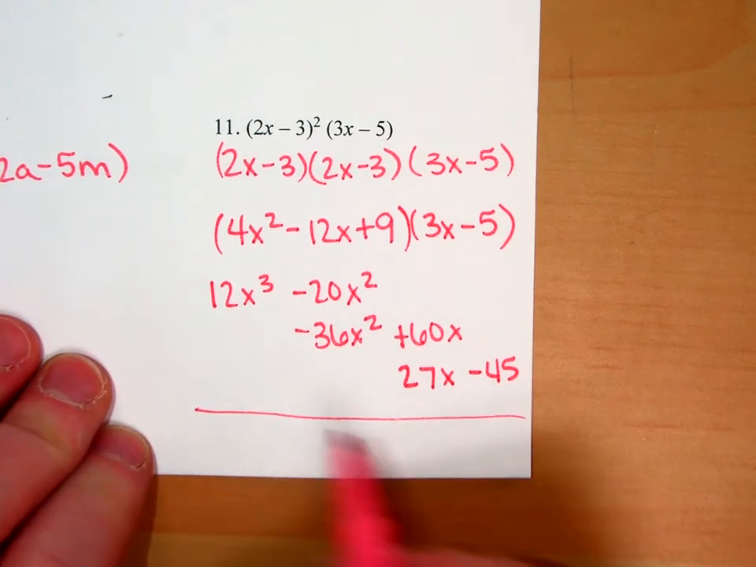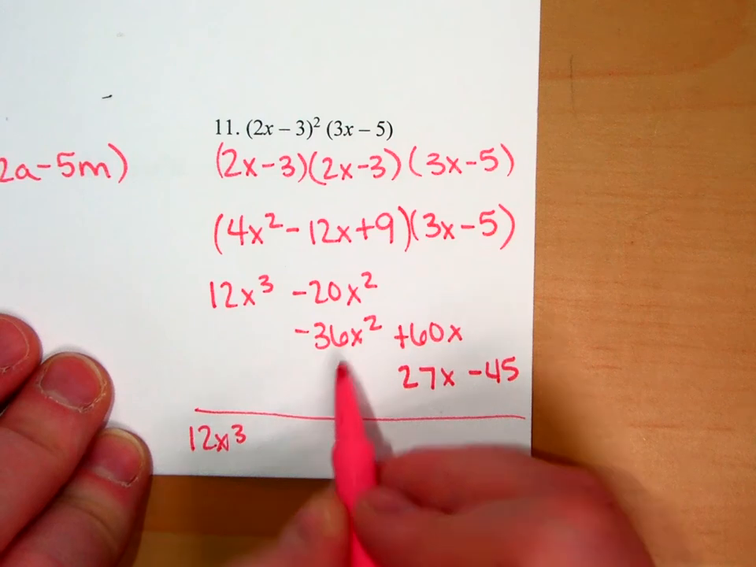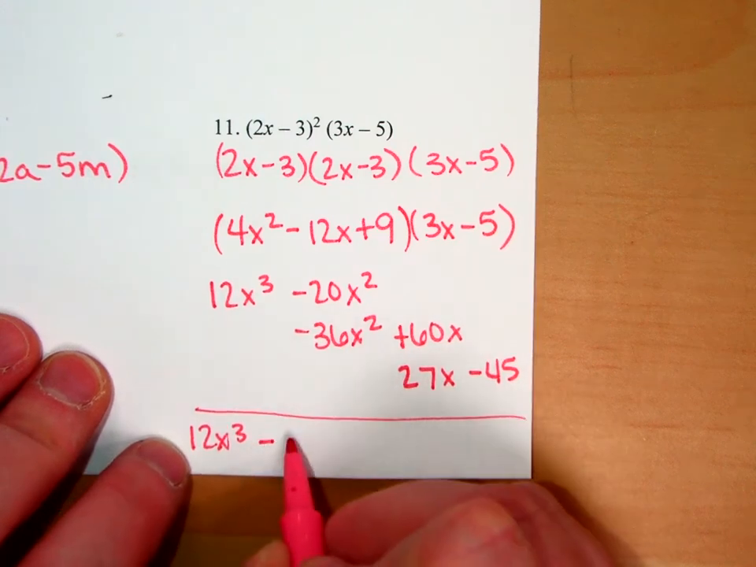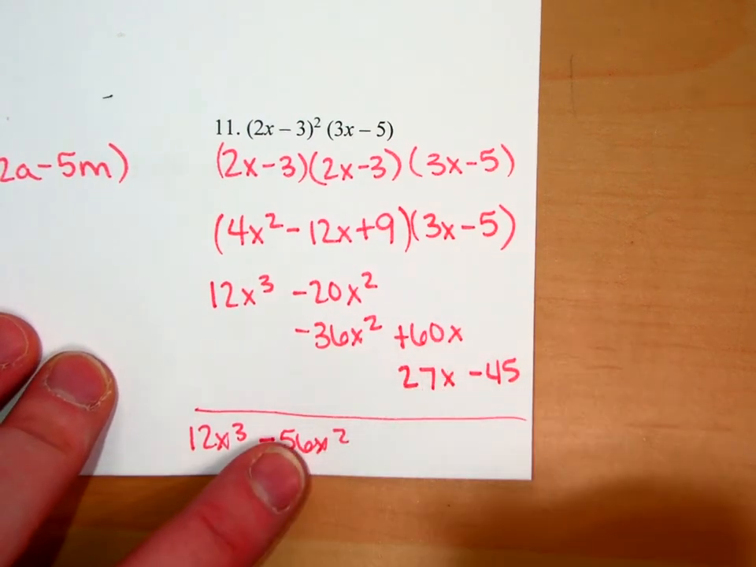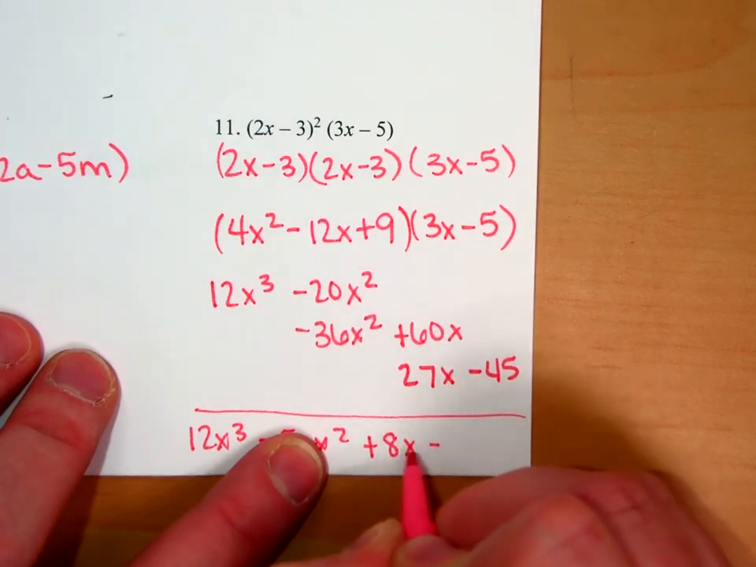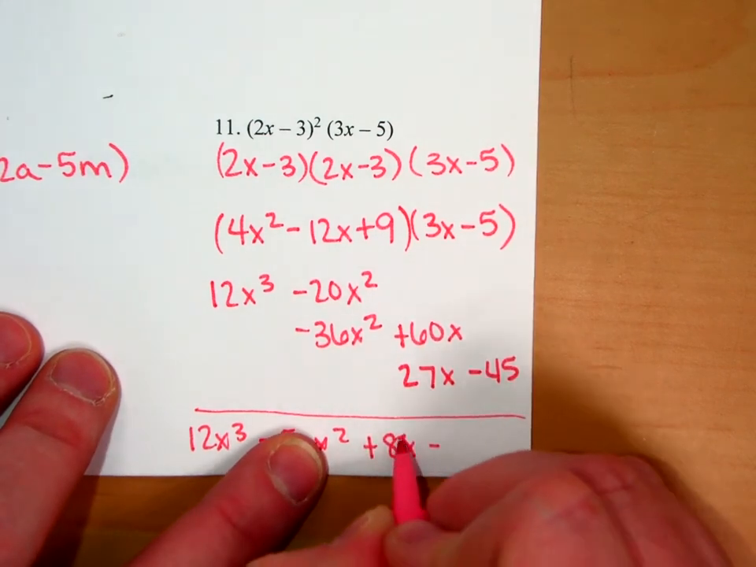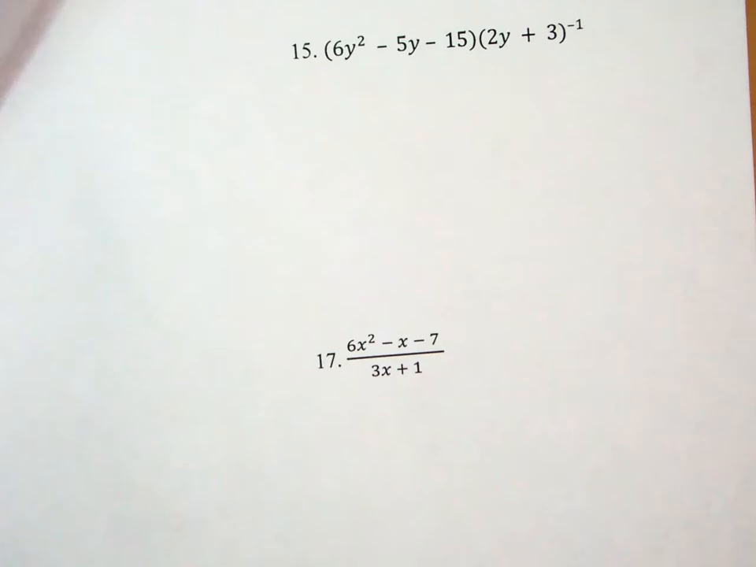So, combining like terms, 12x cubed, negative 20 minus 36, negative 56x squared. 60 plus a 27 is a 87x minus 45, and I did not write that down right. All right, that's the first part. So the second part,